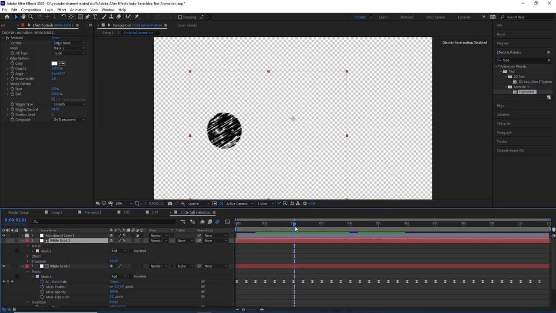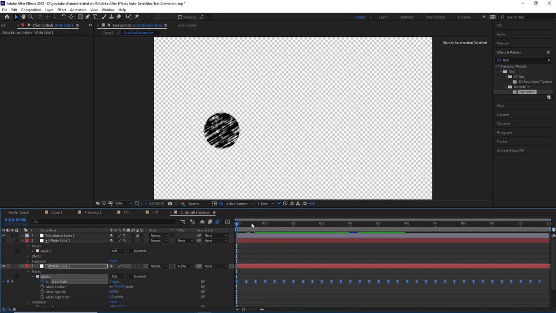Here we can take the white solid, and this is done with the help of the Scribble animation. And here we have some mask path animation, which is a copy-paste of an 11 seconds animation, see here. Initially the mask path stays over here, and when it reaches some